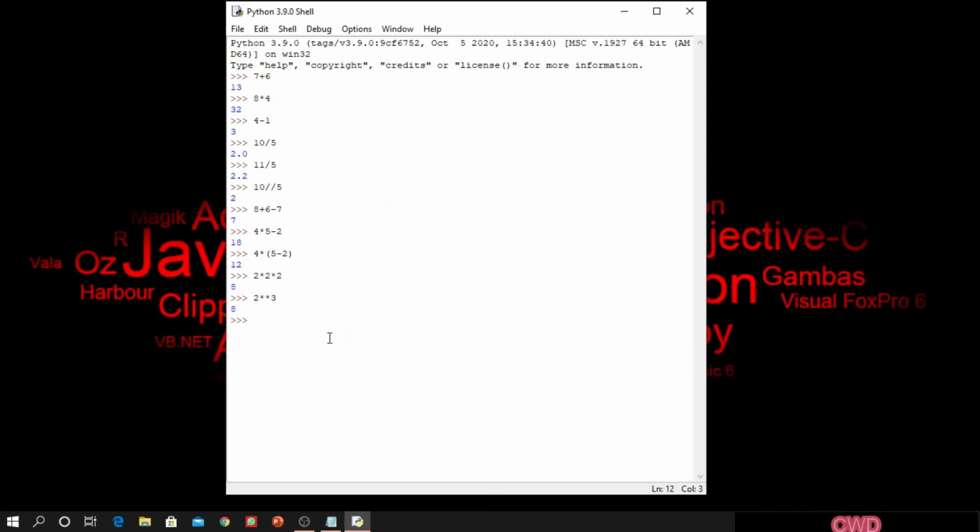If I do 11 divided by 5 in integer, it gives me 2, but one remainder is there, which value is 1. So what if I want to find the remainder also? For that we have one special symbol, which is modulus. If I do 11 modulus 5, it will give me the remainder. Now you can see here I am getting the remainder.